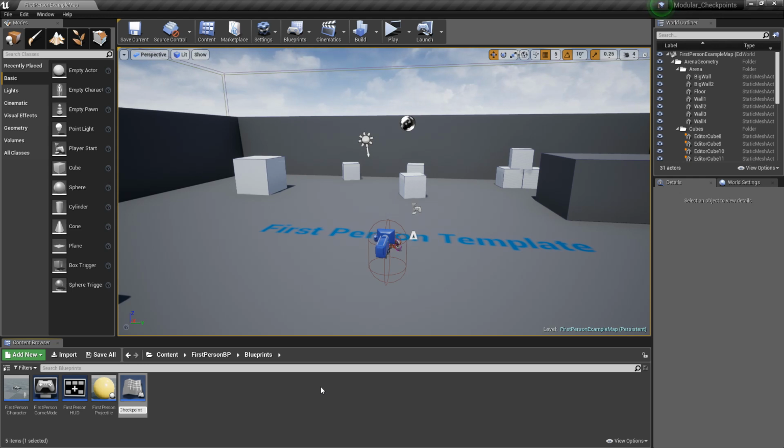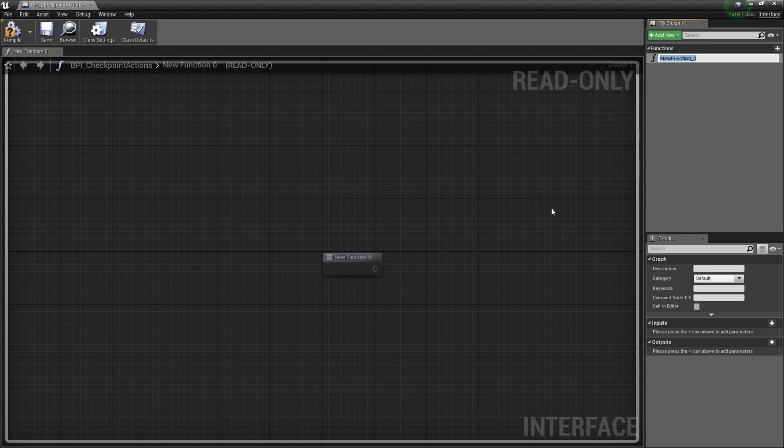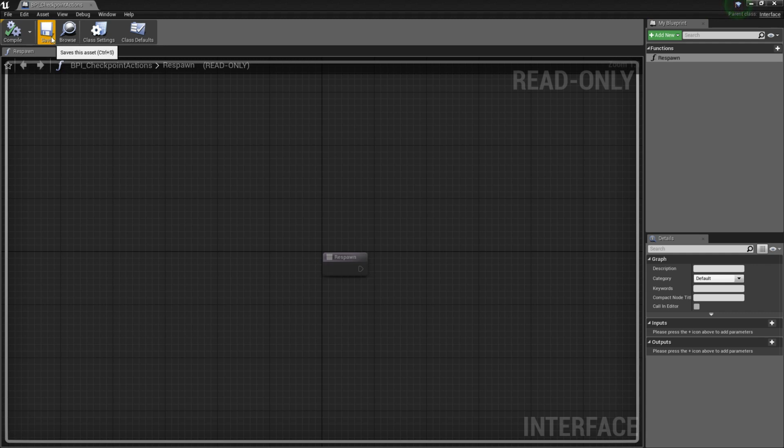Let's open it up. Once open, we are given a starter function. Let's rename this to respawn. You don't need to provide any inputs or any outputs. For the purposes of the system, that's all we need to do here, so let's move on to our checkpoint